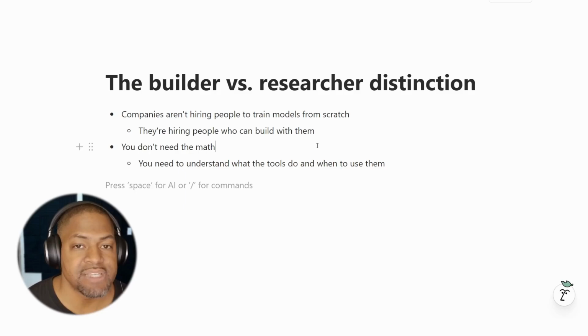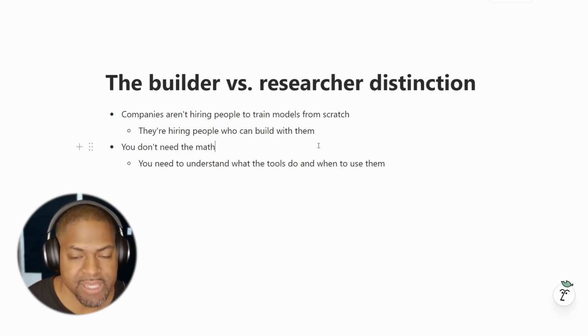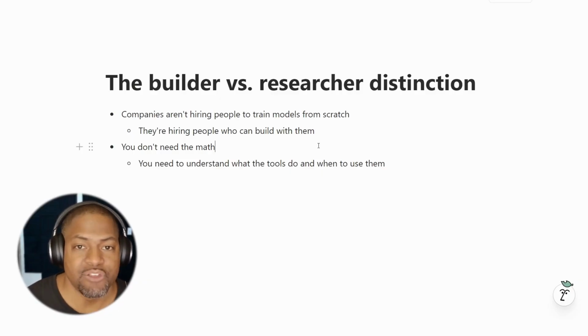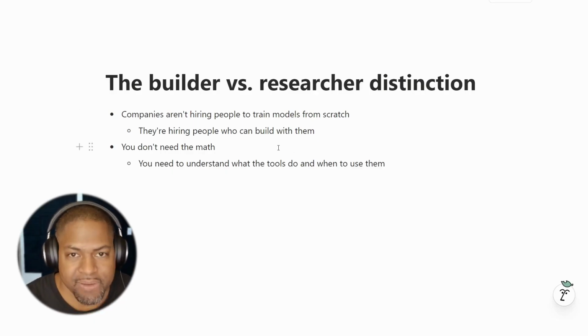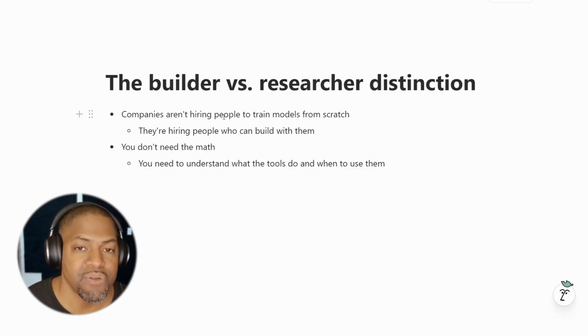Think of someone, for example, who knows how to build a computer. They know how to get the pieces together, like the hard drive, the CPU, the GPU, and put them together and make it work. They don't actually need to know how to build a GPU from scratch or how to build a hard drive from scratch. Those things already exist. They need to put it together so the computer actually does what you want it to do.